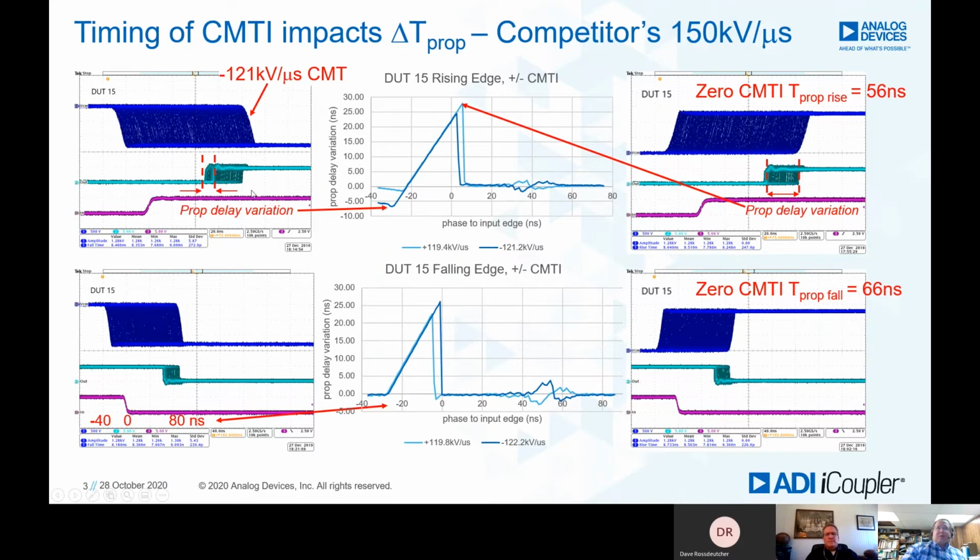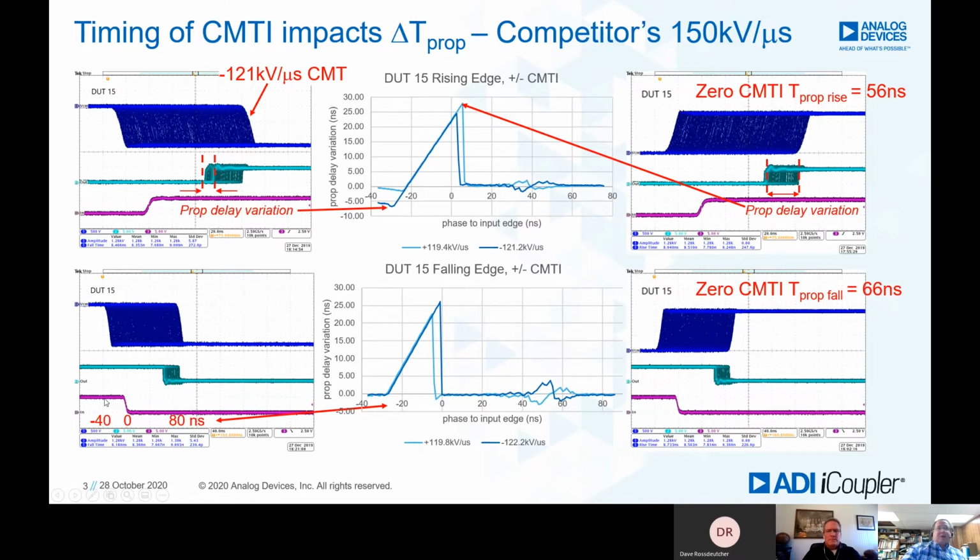The input is unchanging because that's fixed, but then you can see the timing variation that happens when we're applying a transient at different time locations. In the center plots, with the timer, we're able to record the deviation in the timing based on when we applied the particular common mode transient.